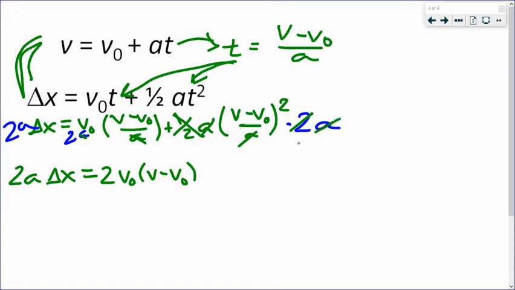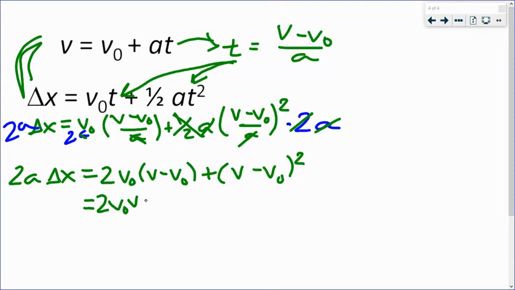and then we have 2a's that cancels with. So this actually on our second term just leaves us with v minus v0 squared. Okay, we can clean this up a little bit more by expanding these things that we have on the right-hand side of our equation. So I'm going to expand both of these parentheses, and that'll give us